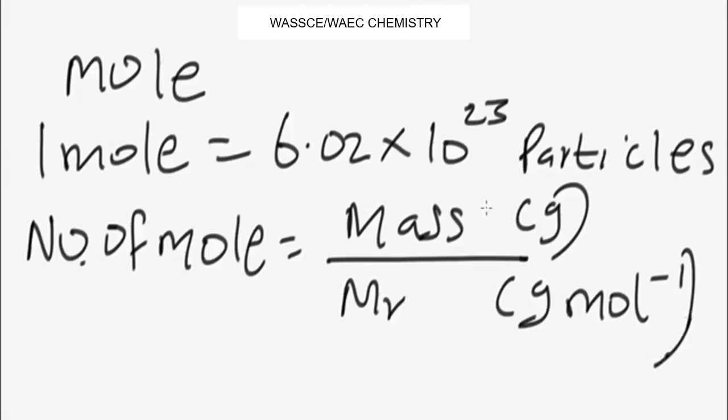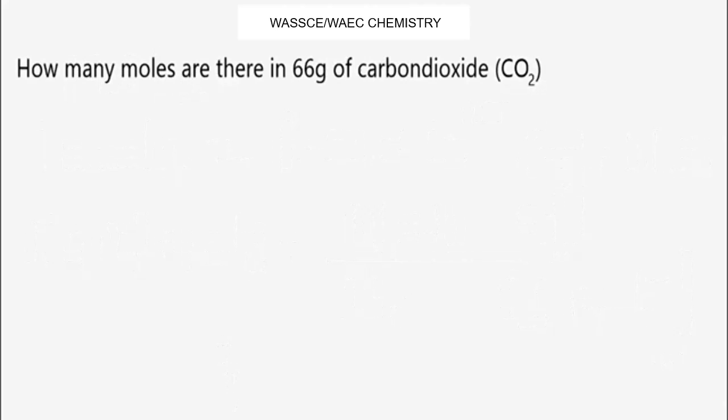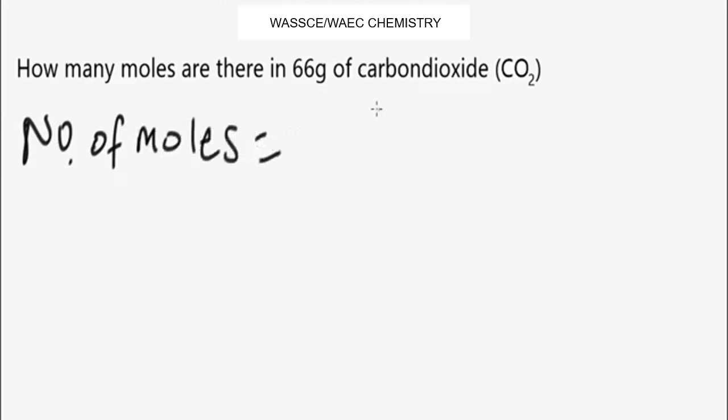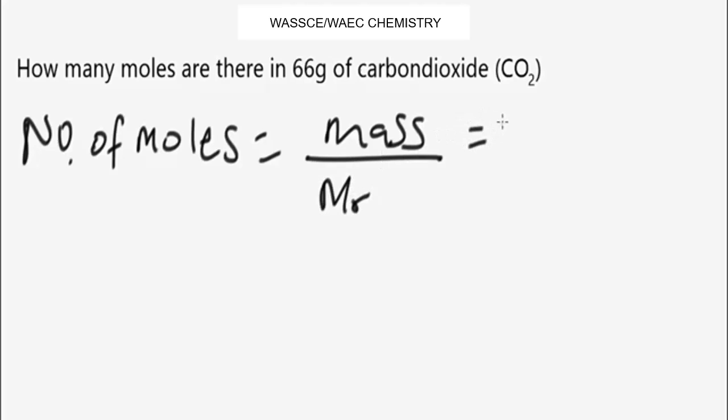Now, having known this formula, let's look at a basic question on this. We're going to apply this formula. Look at this question: how many moles are there in 66 grams of carbon dioxide? To calculate this, we apply the formula: number of moles equals mass of the substance over relative formula mass of the substance, or molar mass. We have the mass to be 66 grams over